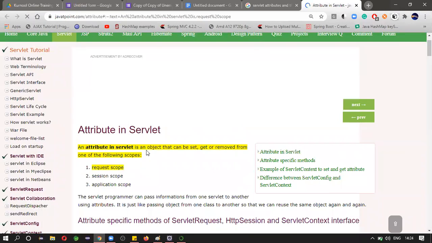An attribute in a servlet is an object that can be set, got, or removed from one of the following scopes.